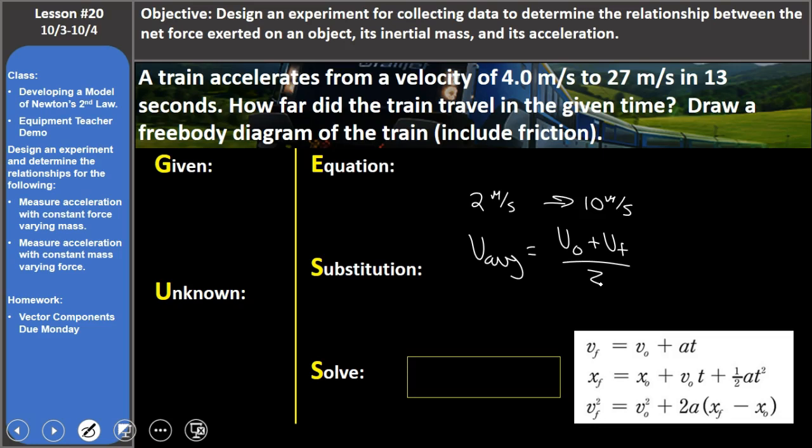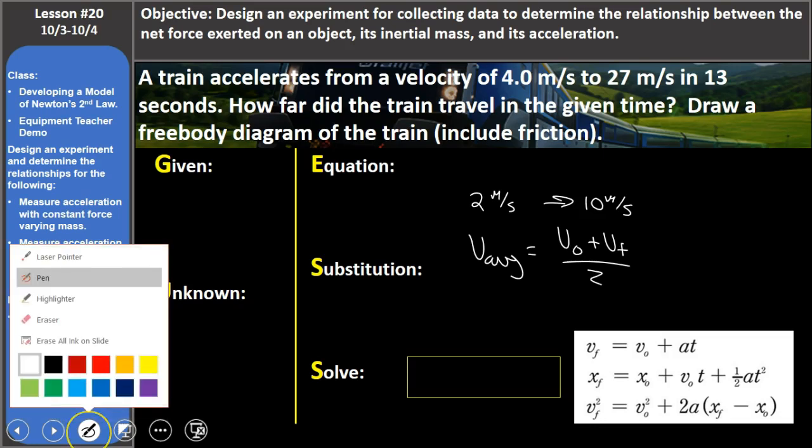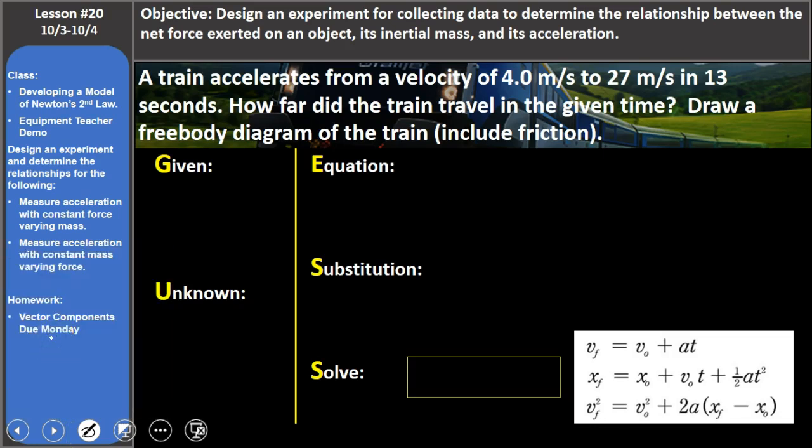Easton, go ahead and reread it. A train accelerates from a velocity of 4 meters a second to 27 meters a second in 13 seconds. How far does the train travel at a given time? Question mark. Draw a three-body diagram of the train and remove the friction. Okay. So,